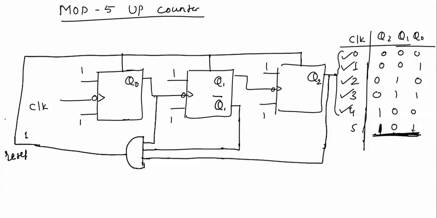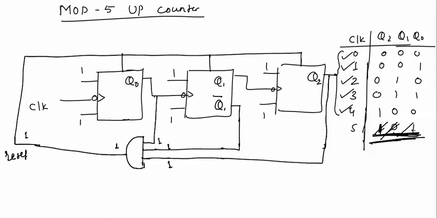And we know that at this AND gate all the inputs will become logic 1 only for this count. For any other count there is no possibility of all the outputs being logic 1. If all the outputs are logic 1, then only the output will be logic 1, otherwise the output will be logic 0. So when 101 comes, this AND gate will give logic 1 to all the reset inputs,